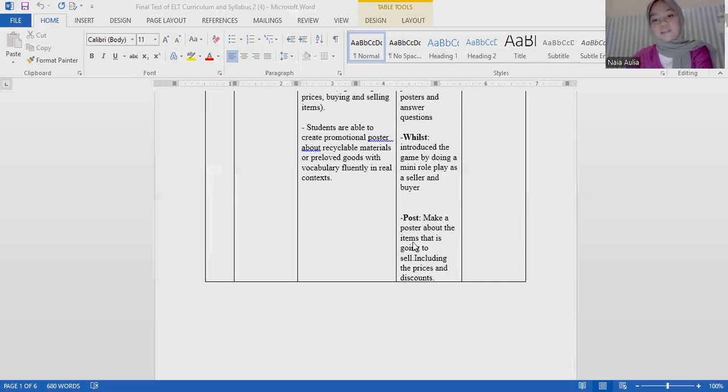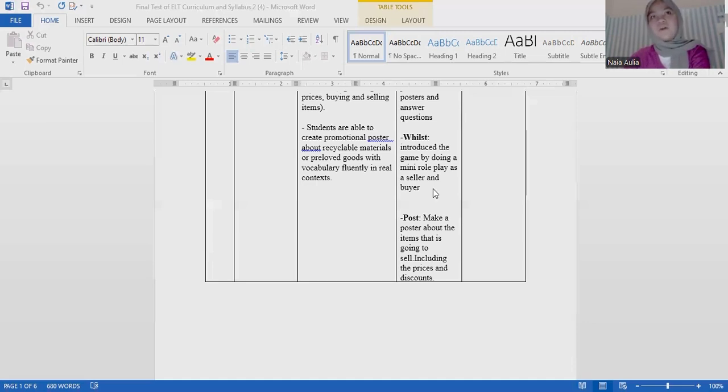And in the post activity, they make a poster about the items that they are going to sell, including the price and the discounts. So after they finish the mini role play, they should create a promotional poster. I think it's interesting for students because